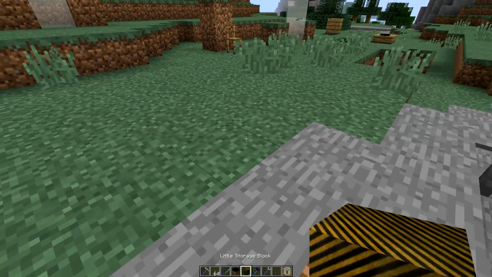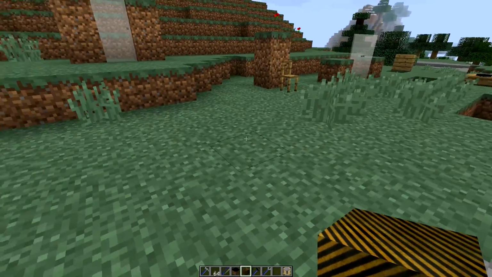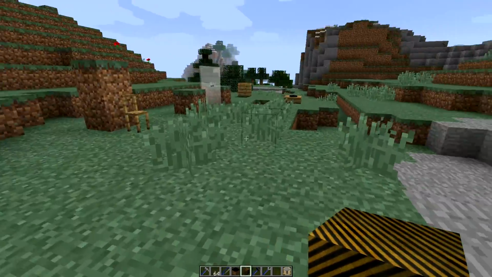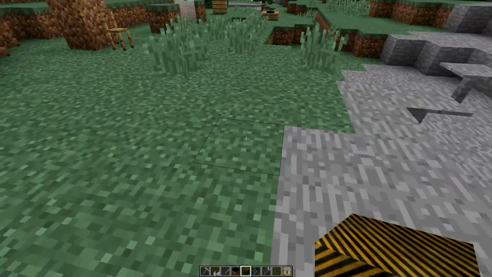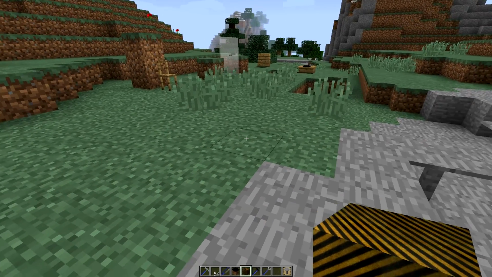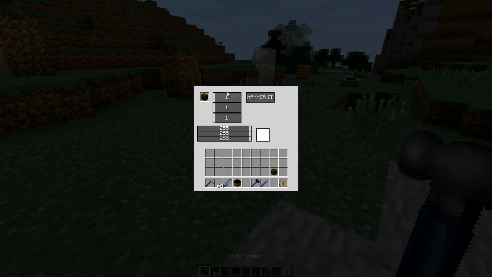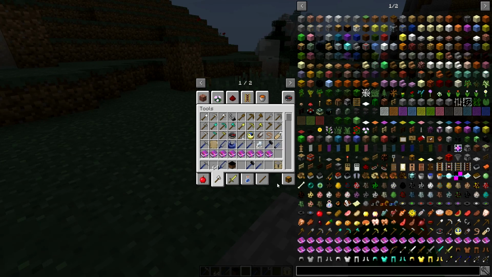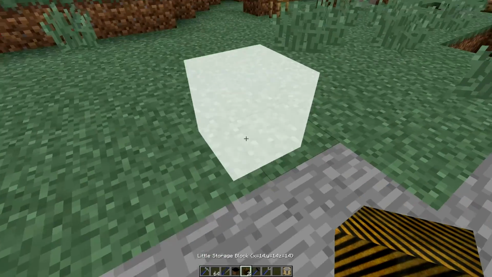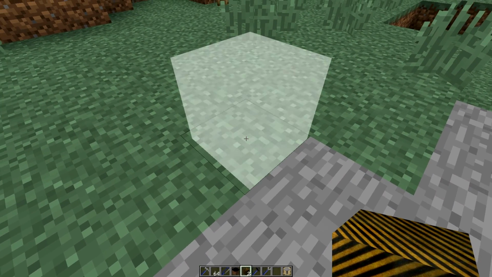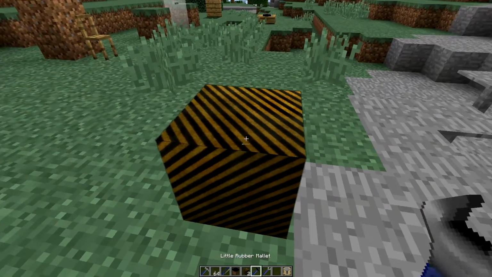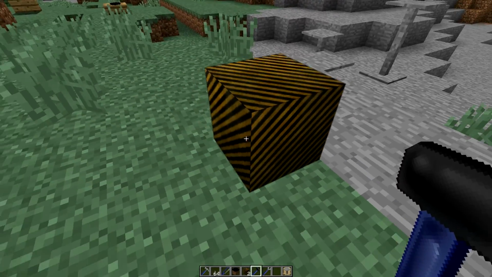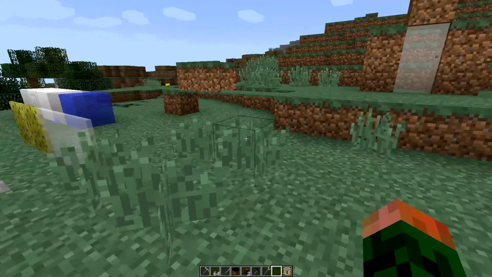It depends on how much storage block tiles you have, or it's not about the tiles but about the volume you have in total. So let's make just a simple one. I'm just gonna make a small cube. Oh, we already had that one. And I'm gonna place it right in the center of the block, and I have to move it one upwards, and then I'm gonna grab